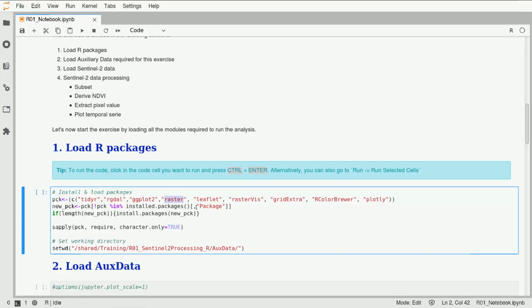Raster, I would say, is an almost mandatory package in R to process raster data, so the name is very descriptive. Leaflet is just an R adaptation of the Leaflet module of JavaScript, which will allow us to create interactive maps. RasterViz, GridExtra, and RColorBrewer are again packages that we need for raster data manipulation and visualization. And finally, Plotly is also an R version of the Plotly library in Python, which is mainly used for interactive visualization as well. Okay, so basically those are the tools we are going to use, and I have created here